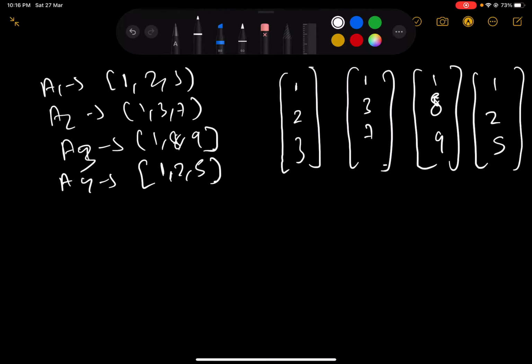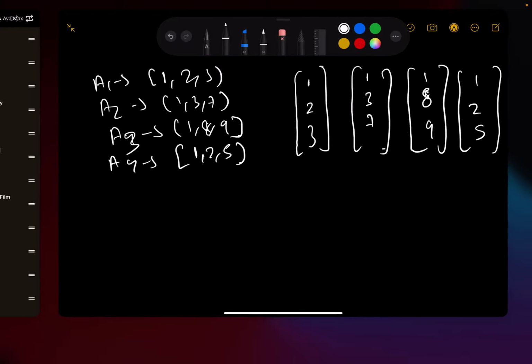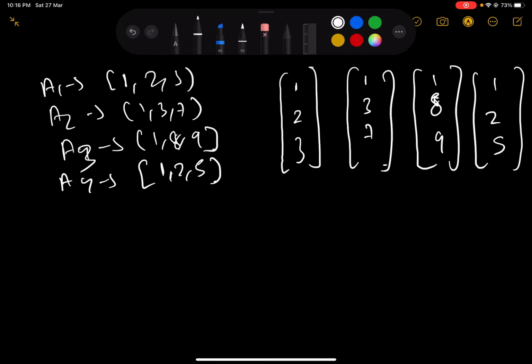At each iteration, you will pair the adjacent arrays up. In this case you will pair up a1 and a2, and then you will pair up a3 and a4. For the arrays that you have paired up, you will apply the merge two sorted arrays algorithm, a standard algorithm that we discussed before.